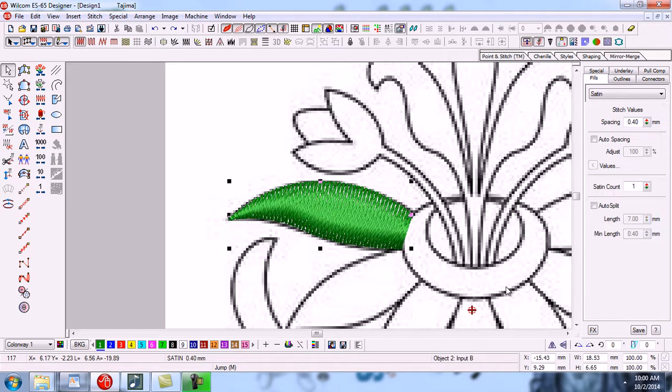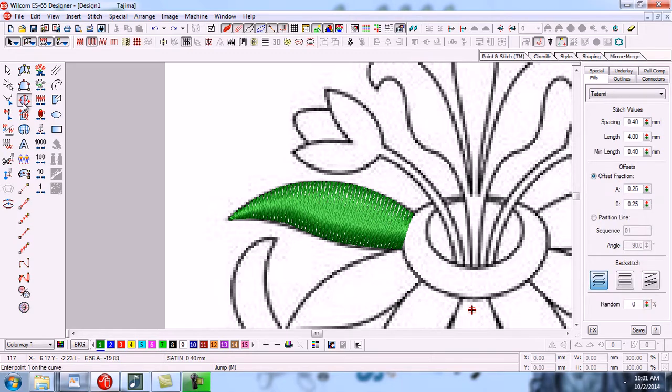Press B to make zoom an object. So always remember that these are all the stitch values: satin, tatami, zigzag, e-stitch and counter. You can make any object with input A, B, complex fill or fusion fill, and in these tools you can also select the stitch values, that is, what type of stitch you want to use. There are satin, tatami, zigzag, e-stitch and counter types of values.